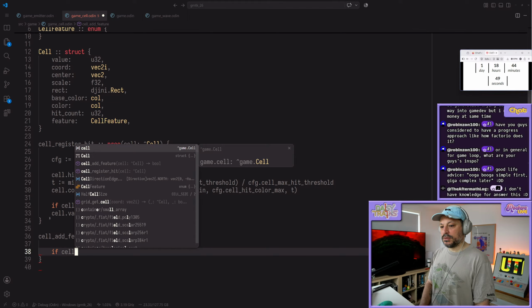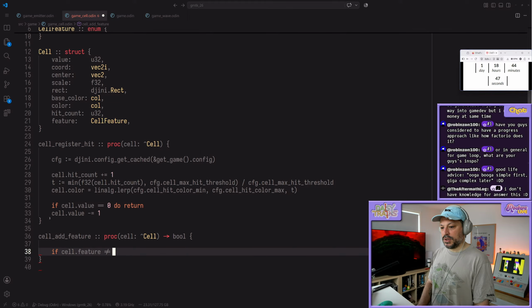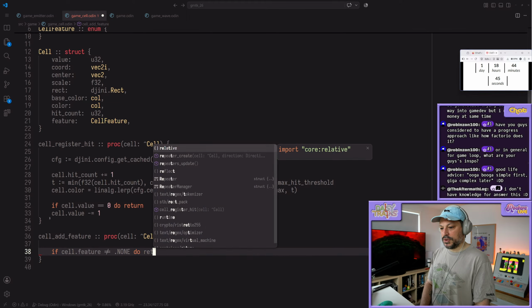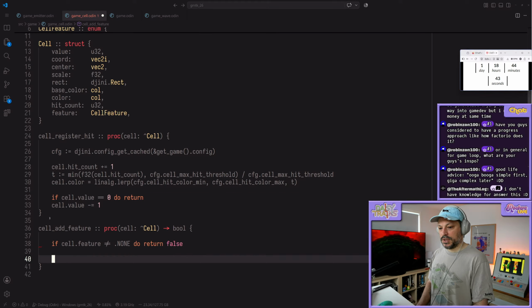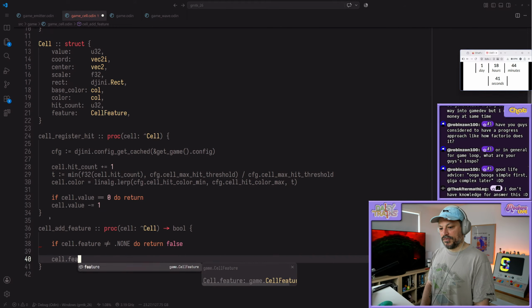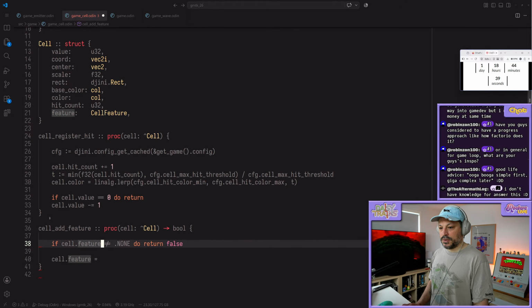If cell dot feature does not equal dot none, return false. So that failed. Otherwise, cell dot feature equals